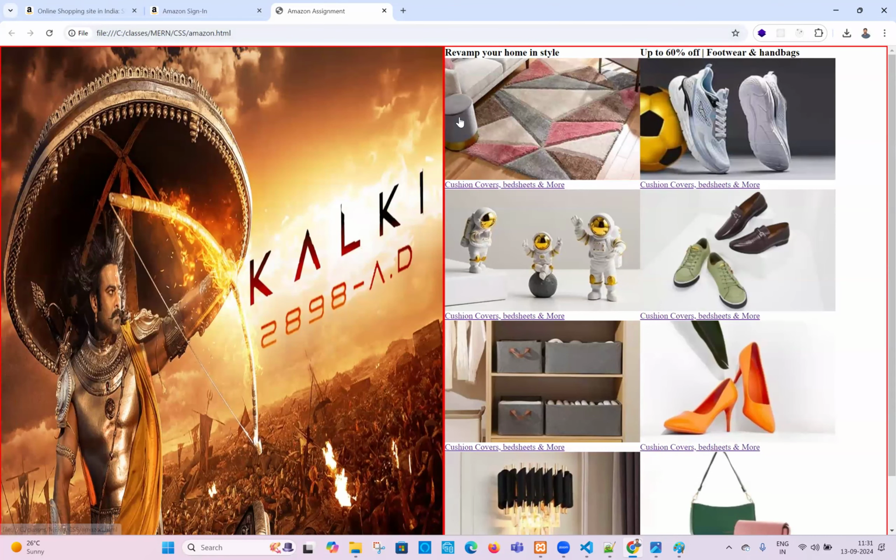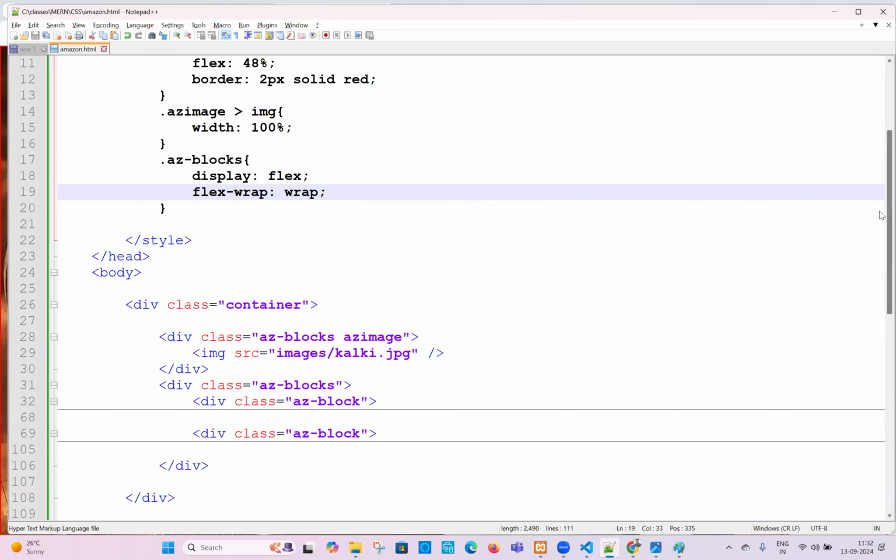But these four related, they are all coming one by one. Still, you see, questions and more, questions and more. This is different. Up to 60% category. This is going to be revamp your home style. These all are going to be revamp home style. These all four vertically, if you can see. But these four also should be side by side again, right? Yes, sir. These four also should be side by side. But if you can go to this,